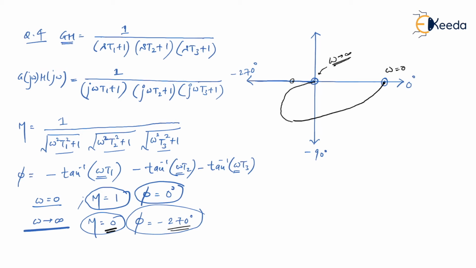Okay, so we have made a mistake. What is the mistake, guys? See, first of all, this is not minus 270 degrees. It is minus 180 degrees. And what is this? Come on, this is minus 270 degrees. So I'm sure you understood what mistake we have made. With this mistake, you will also understand what needs to be done, and you have to be very, very careful while plotting this kind of plots.